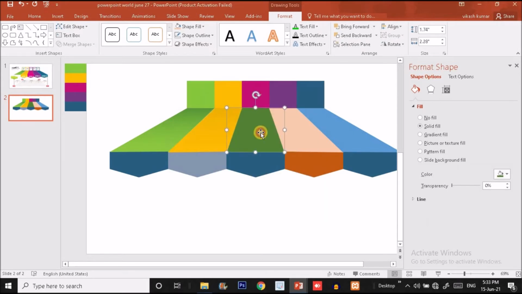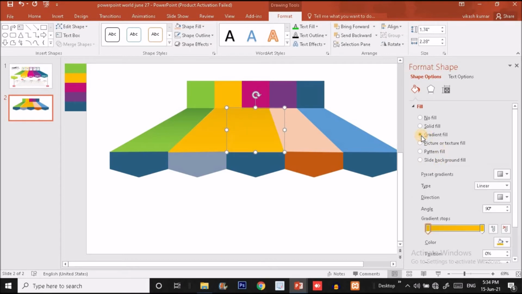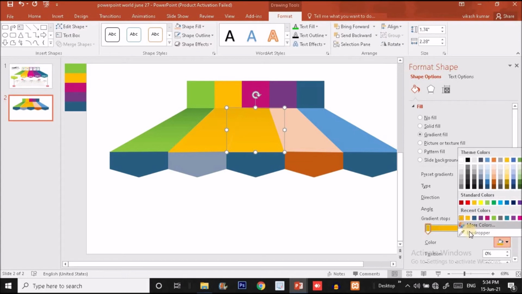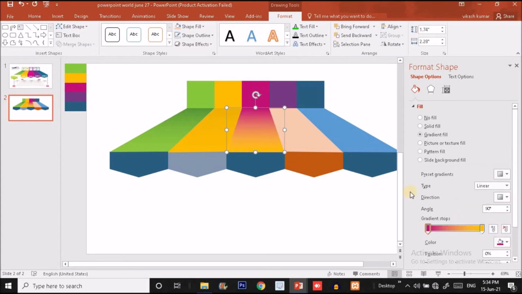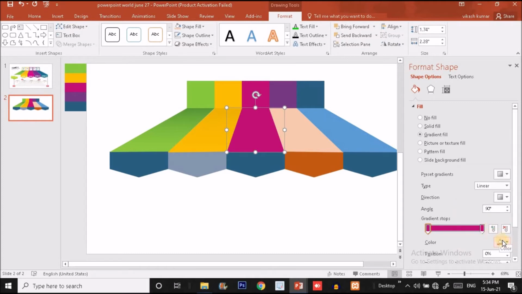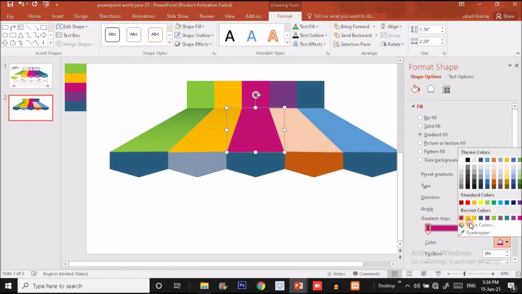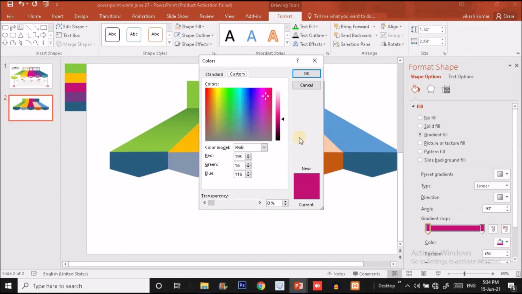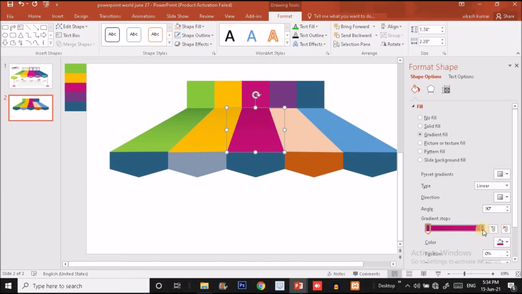Okay, yeah, it's fine. For the third shape I'm again going to fill it with the gradient fill, and for the left stop I will use this color. For the right stop again I will use this color, but for the left stop I will use the darker version of this color, or maybe this color I will use.